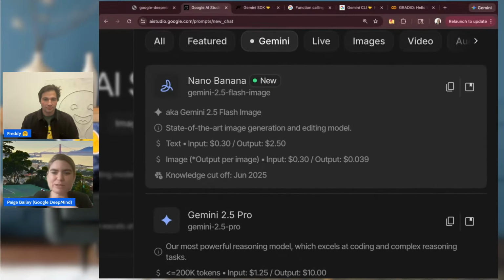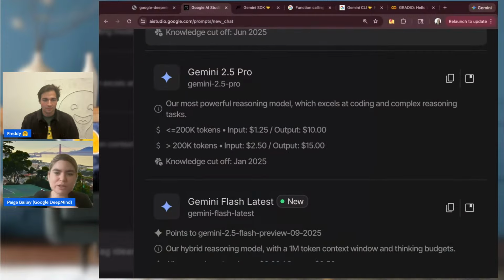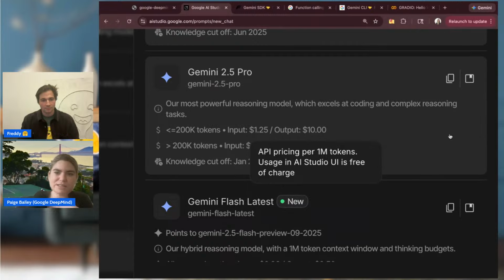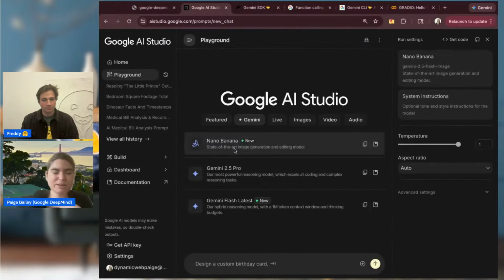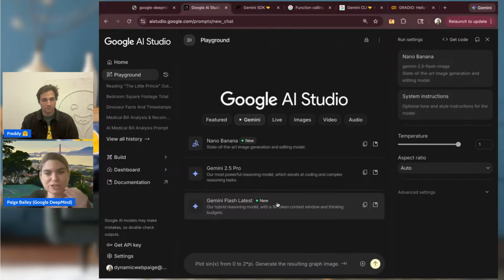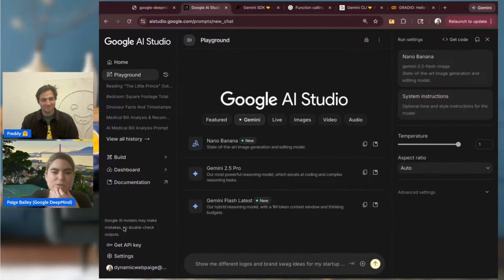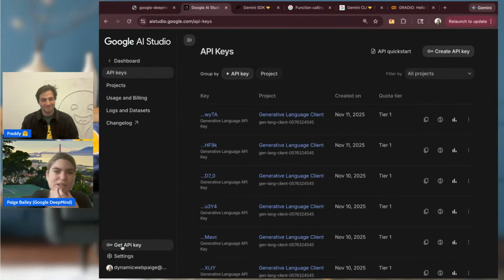You can select different models off to the right, so things like Nano Banana, Gemini 2.5 Pro, our Flash model series, and interact with them. You can take pictures, ask for changes, and importantly, generate API keys. This is intended to be a one-stop shop for anything you might need as you're getting started experimenting with different models and trying out different configurations.